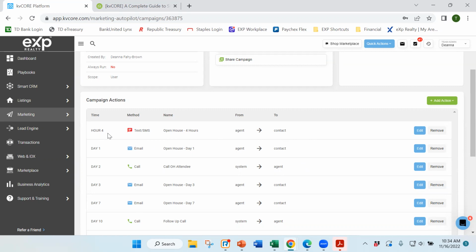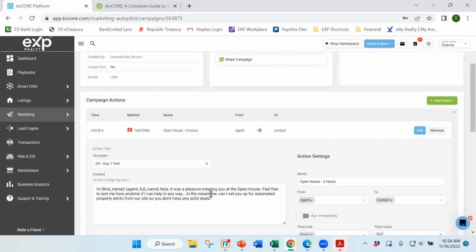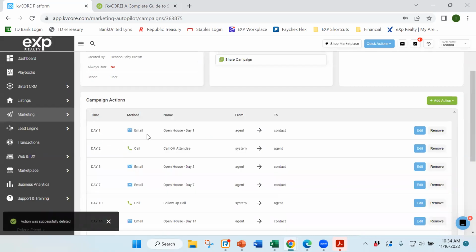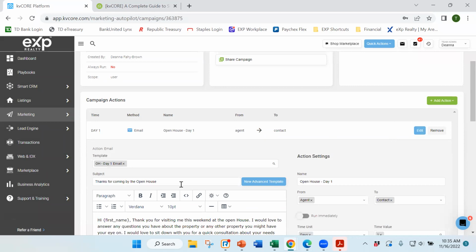So we know that this text message is not going to apply, but we want to make sure we look at the messaging and decide if we like the messaging and want to use it somewhere else. Okay, in this case, I'm just going to go ahead and remove that first event. And then I'm going to take a look at the day 1, day 2, and day 3 events also. If I look at the email message,